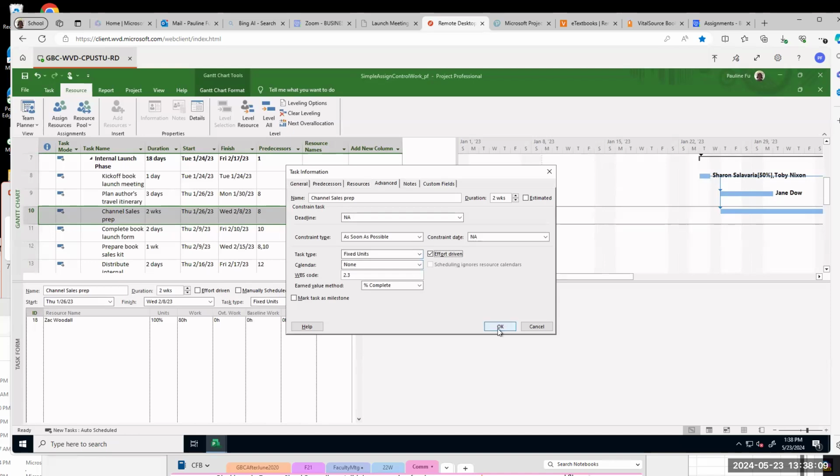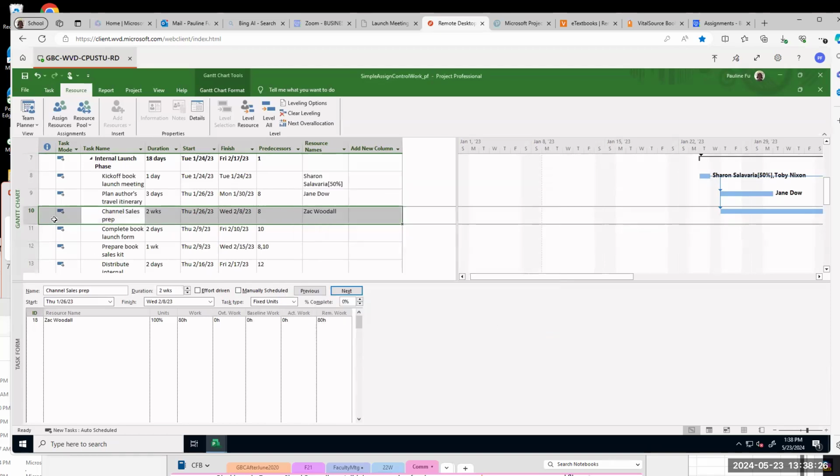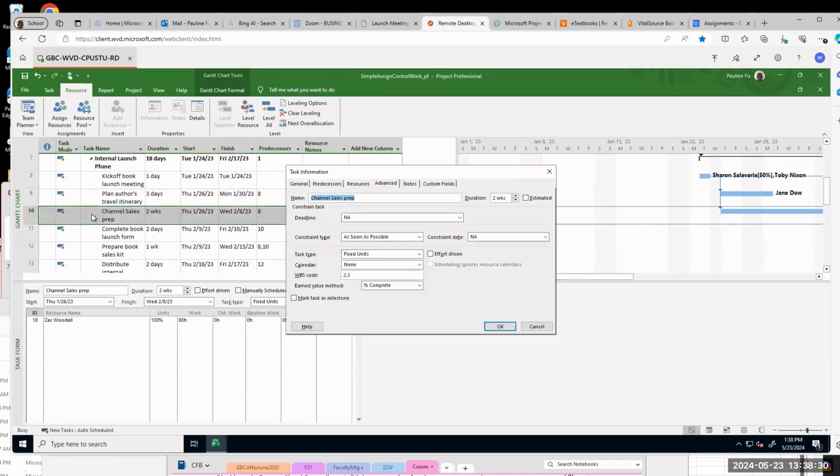Professor, can you show me how to display this box? For this task, how can I display this dialog box? Oh, thank you. You double click task 10. Double click.